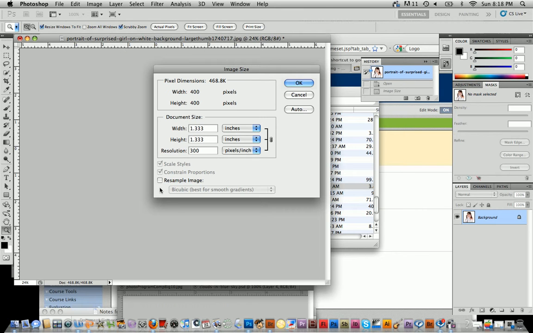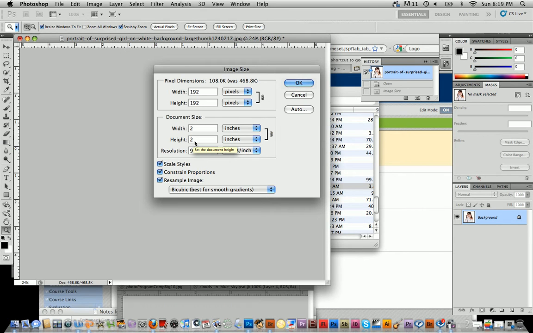I don't want this to happen, so I'm going to uncheck resample, and all of a sudden these values are reset. So in an ideal situation, what you're going to do is make sure these top two boxes are checked. Then you're going to uncheck the resample, highlight this value, and then change it, and then click resample again. Now if all of a sudden I decide, you know what, I need this image to be smaller, it's not going to fit in the space that I need, then what I can do is I can hit 2 here, or whatever value I need,